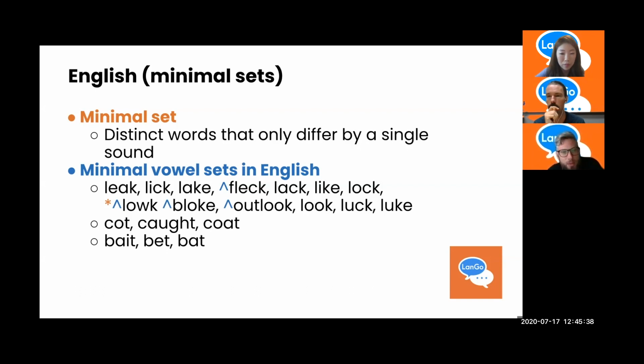The same because we don't have lock and loke. You might have, loke might be a word for some people, but maybe not for most. So we have cot, caught, and coat. Now, for many people, cot and caught are going to be the same. So that means that, and this is what's really interesting, people might have a different phonemic inventory in English than you, but if you're a native speaker, odds are you will understand them and they will understand you. So this is where the fuzziness begins, right?